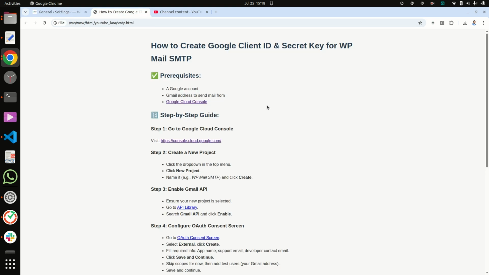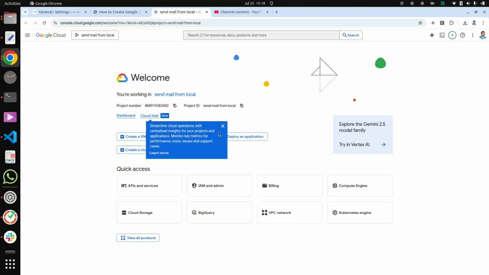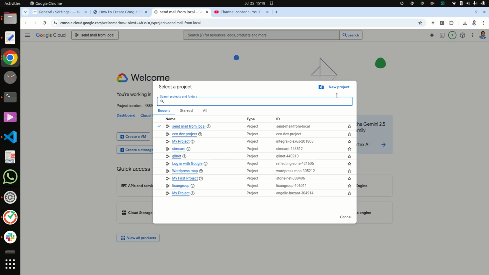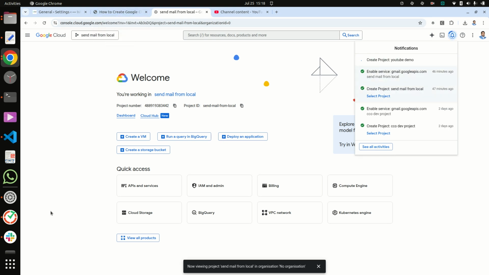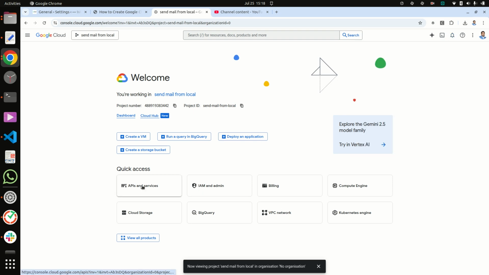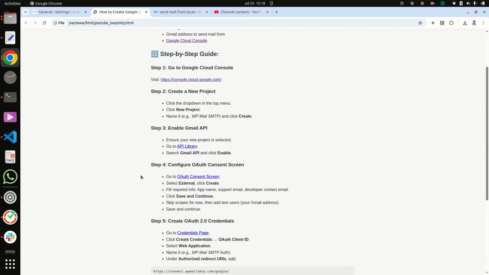So first go to Google Console, and then click here and click on new project, and here give a name like YouTube demo, and click on create, and then click on APIs and services, click here, and enable Gmail API.